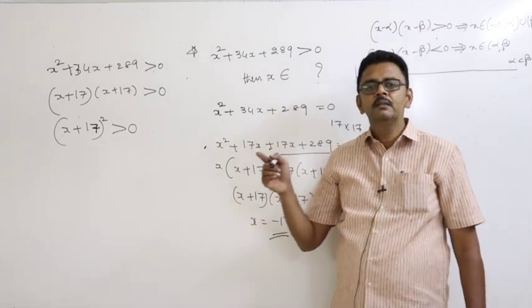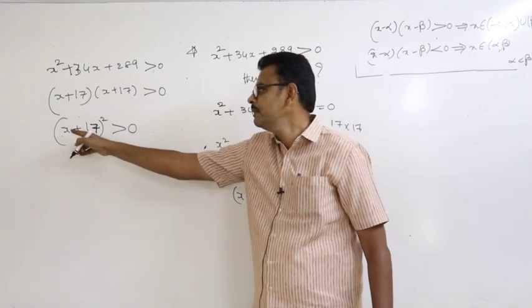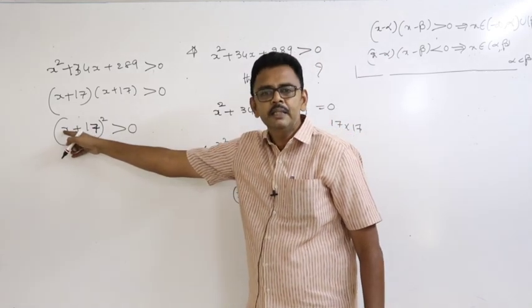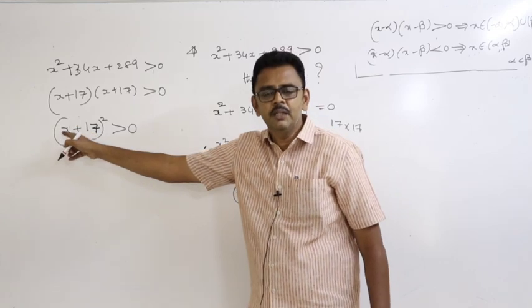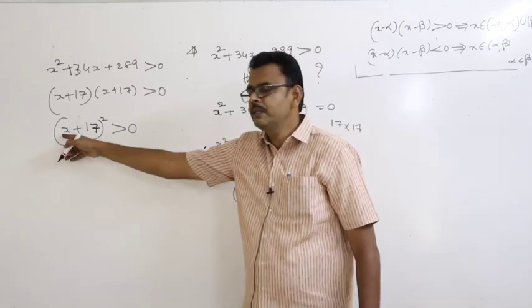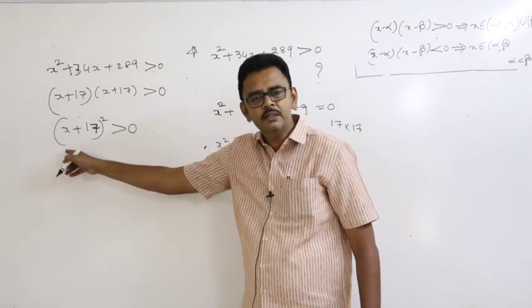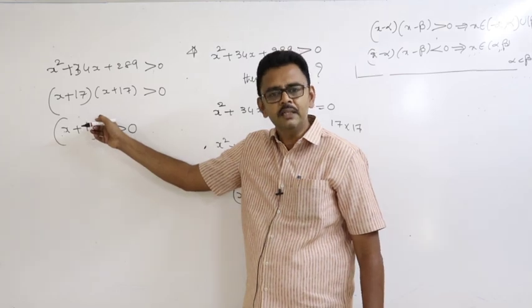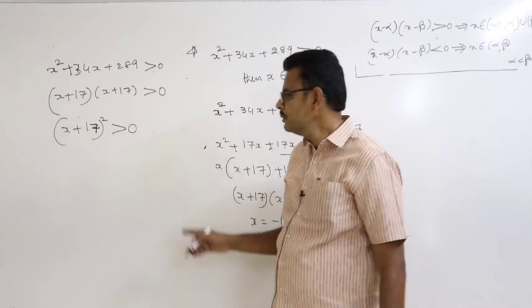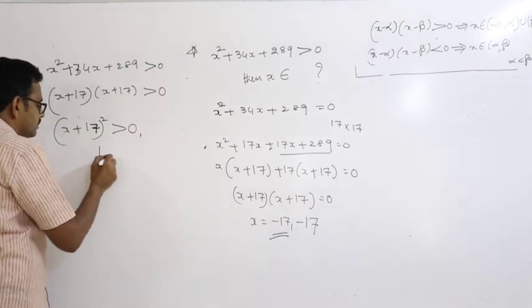If I write minus 18 plus 17, that is minus 1 whole square, positive. If I write x equal to minus 20 plus 17, minus 3 whole square is plus 9, which is positive. So the expression is greater than 0 for all